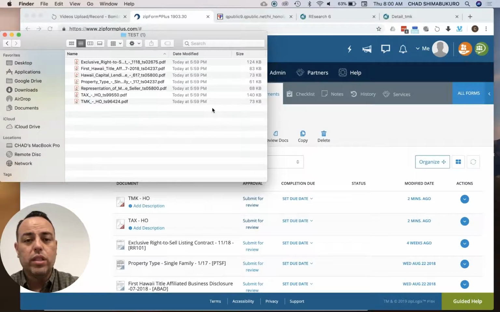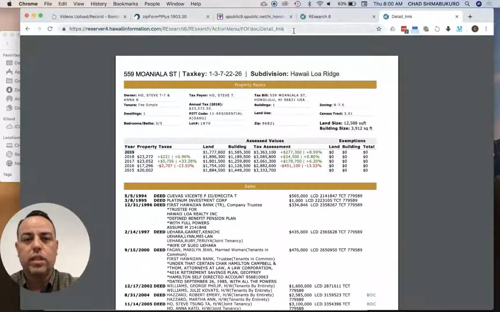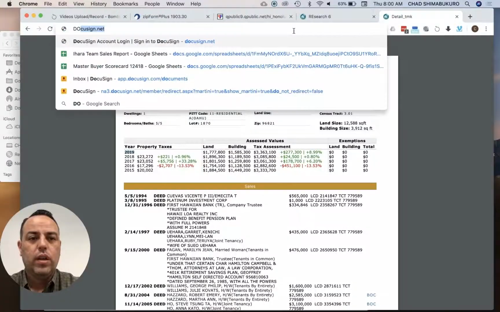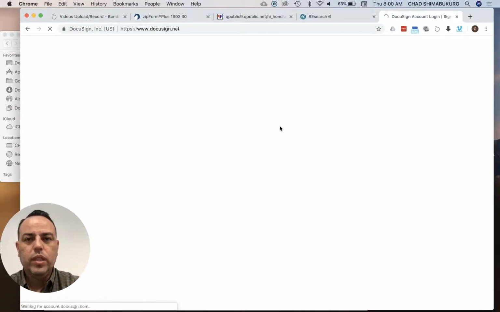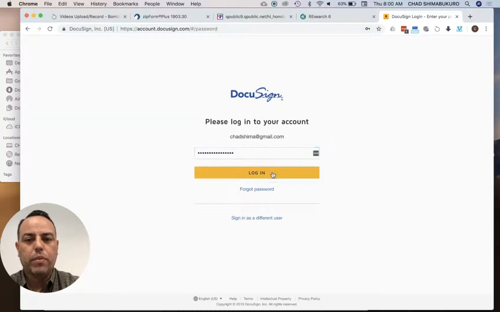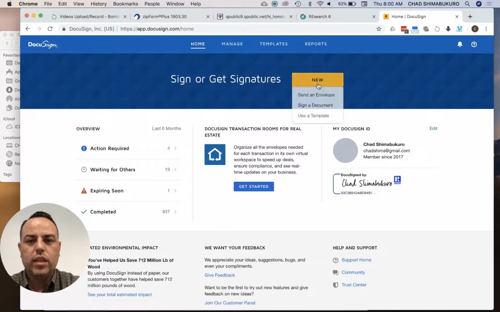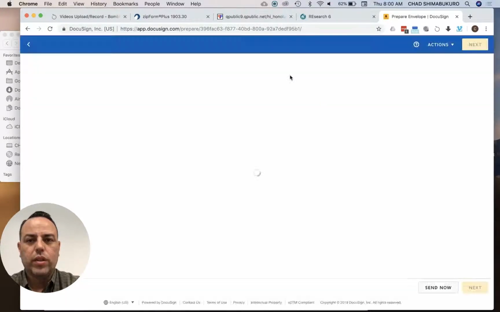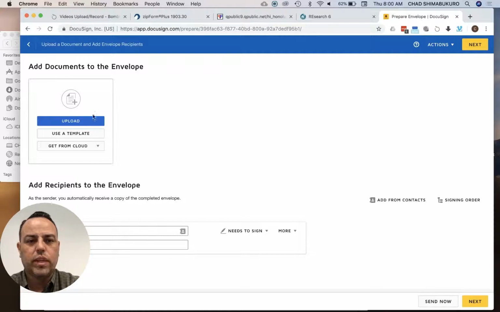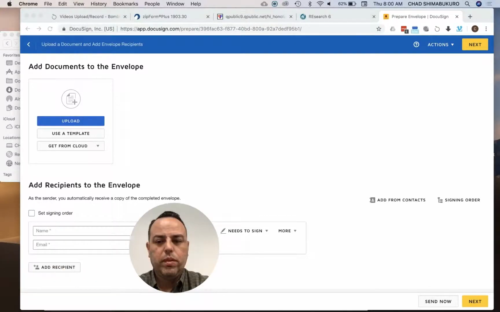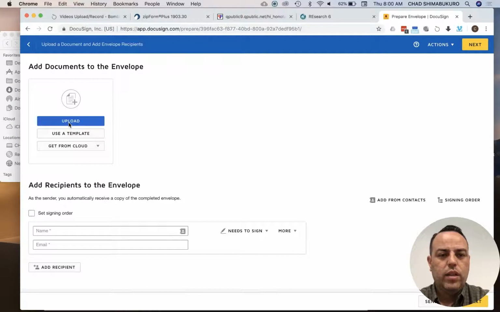But now this is ready to send via DocuSign. So you can jump into DocuSign. I don't need this one open anymore. So I can go into DocuSign, upload these documents. I like to stay consistent with the order in which I have everything, because that way it's easier to track and easier to find. I'm opening up DocuSign, obviously opening up a new envelope. You can also create templates. I'll create a different instructional video for that as well. I'm gonna move me over here, upload,